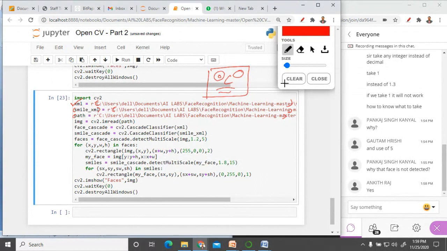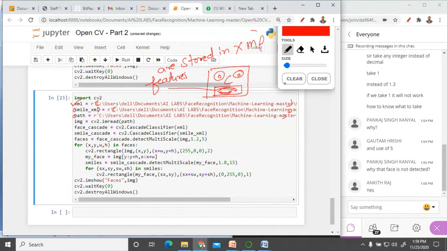Okay, so in this face you have to detect the particular lips position, and with the help of this lips position you have to detect whether this person is smiling or not smiling. Okay, so all the coordinates, all the features are already stored in